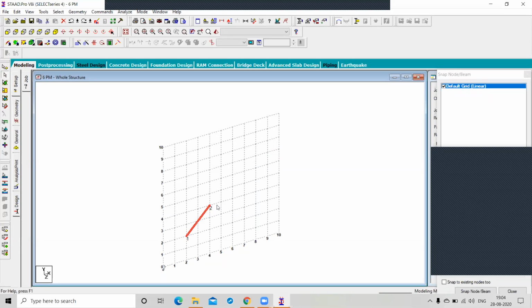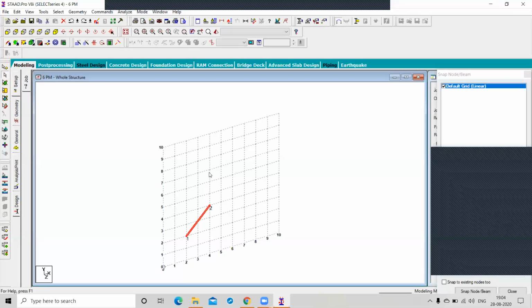You can count 1, 2, 3, up to 6. It will move to 10 on the x-axis after counting 6, and 2 on the y-axis, so 10 comma 6 is the point for node 2. Yes or no?